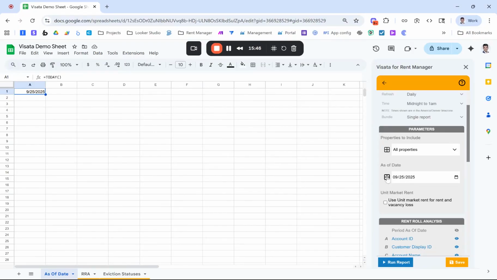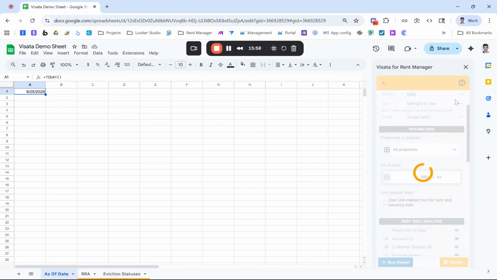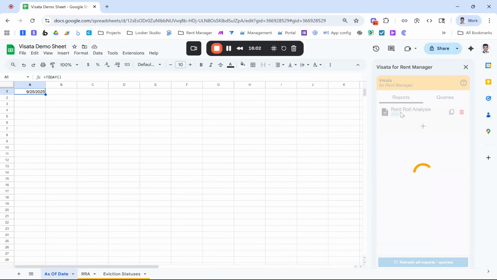And then what I can do is I can switch this to be dynamic. And then that sheet that I just created is not showing up yet. And so in order to get it to show up, I have to click this back button. I'll hit save. And then I just have to reopen this report, and that sheet will show up. So we'll reopen this report,